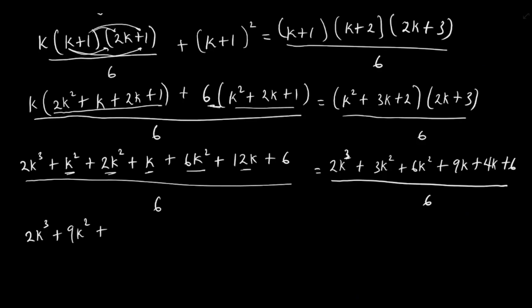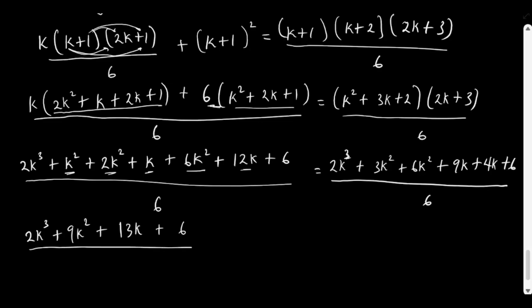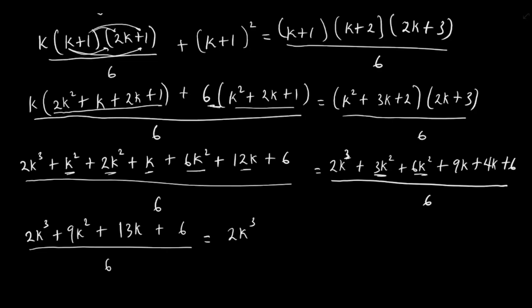So this sums up to 13k plus 6 over 6 is equals to, we have 2k cubed, then we have 3k squared plus 6k squared. This sums up to 9k squared. We have 9k plus 4k, which is 13k plus 6